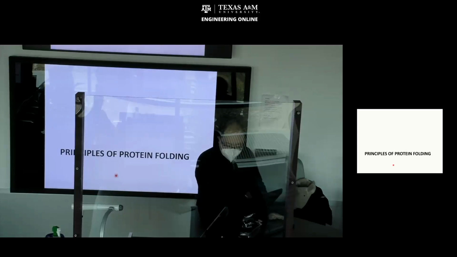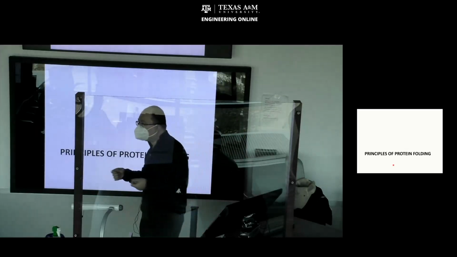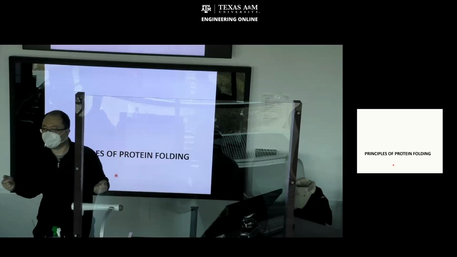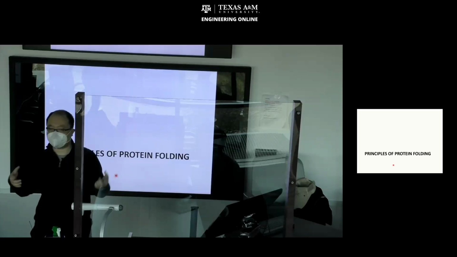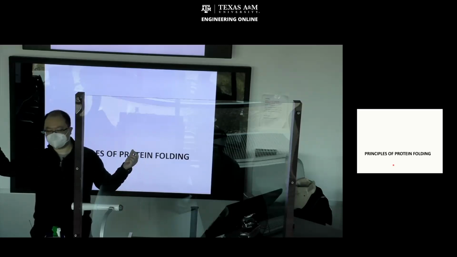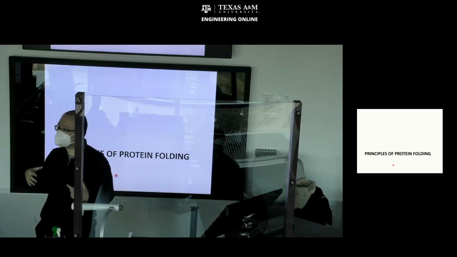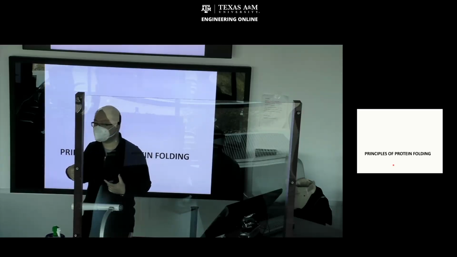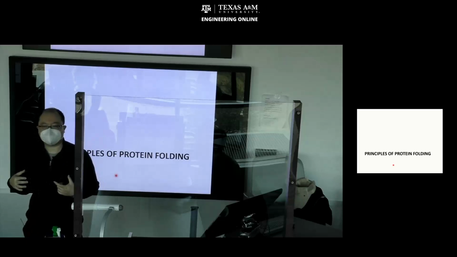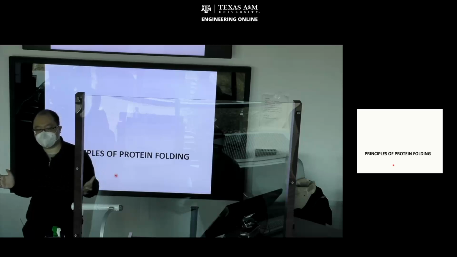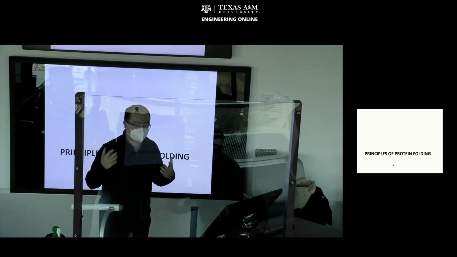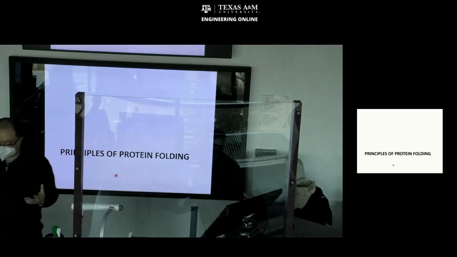So let's first talk about the principles of protein folding. How come a one-dimensional sequence got folded into a 3D structure? Have you already learned about the contents already? What drives a one-dimensional sequence to fold into a three-dimensional structure? Have you learned something about it in the first or second week? What is that? Multiple chemical bonds, bonds and non-bonded interactions among atoms, right? Right, and we have learned that due to such bonded and non-bonded interactions,